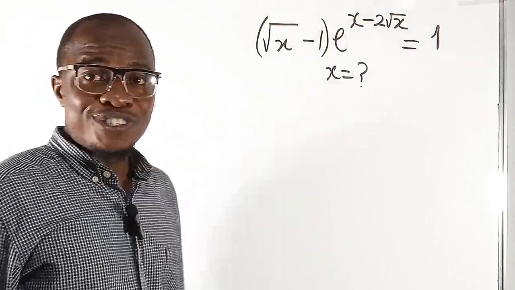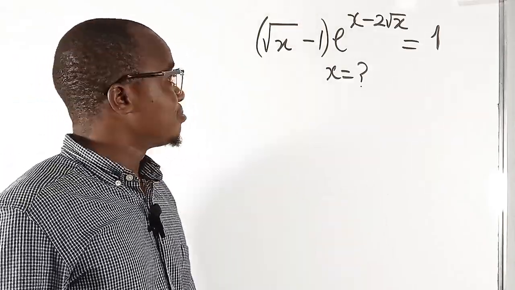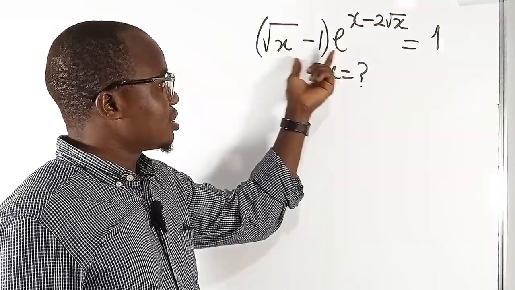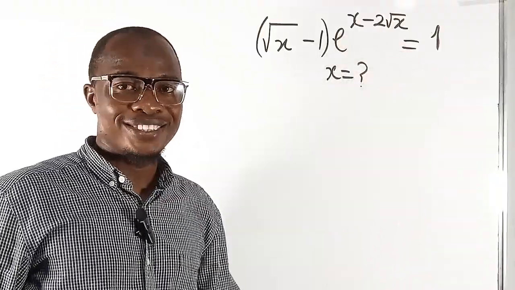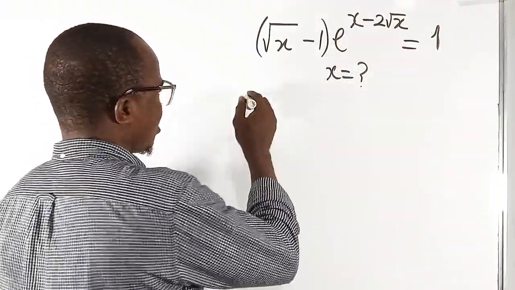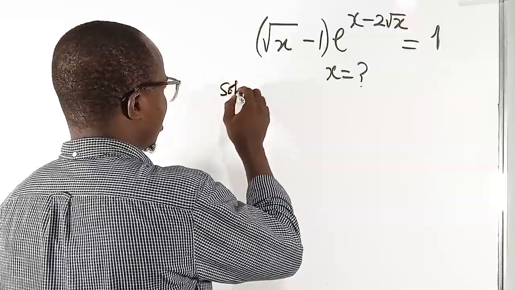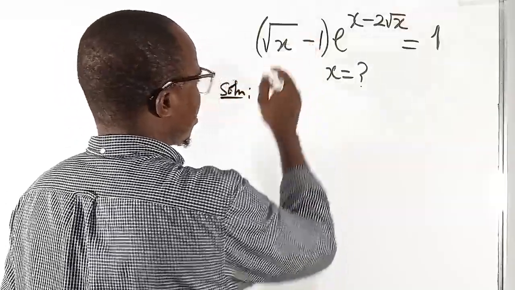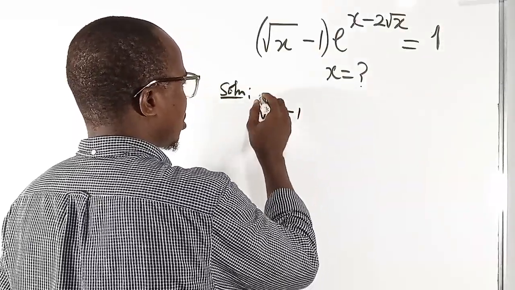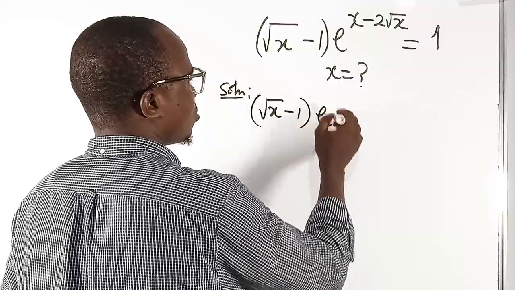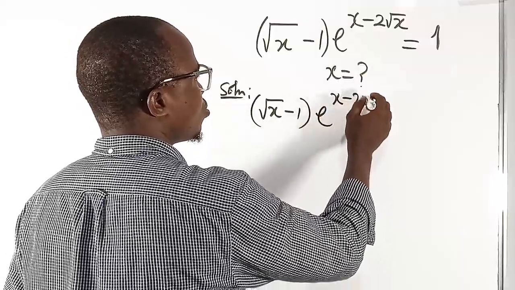Let's see how we can solve this question together. (√x − 1)e^(x − 2√x) = 1. Let's see how we can do this. So, solution. We have (√x − 1) e to the power of x minus 2 root x